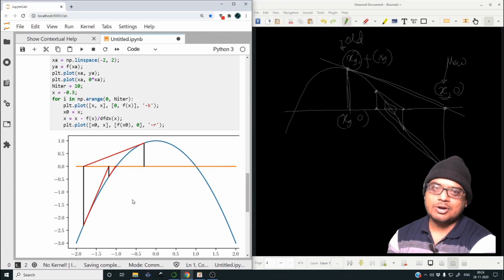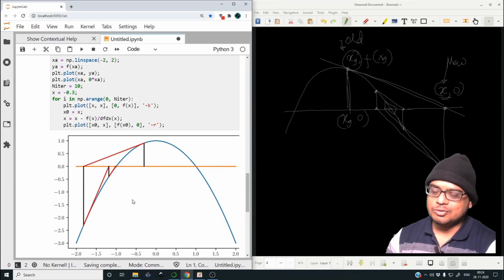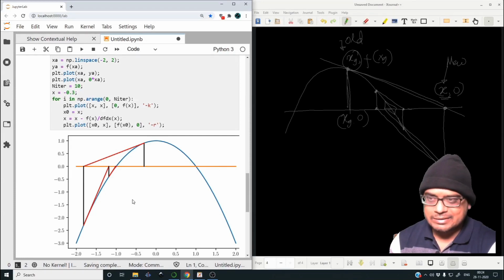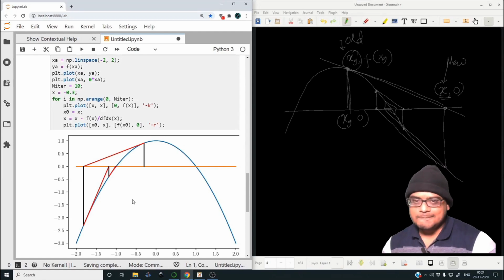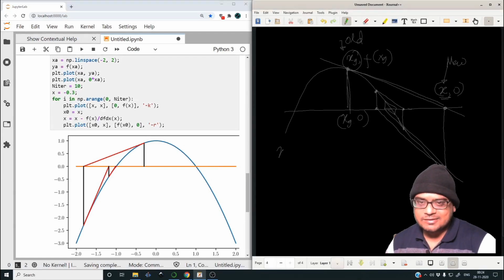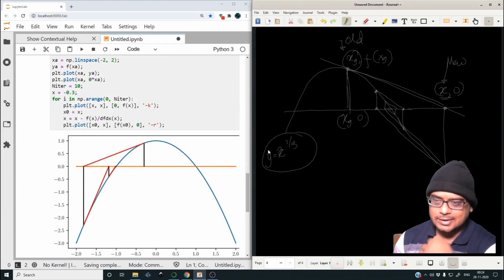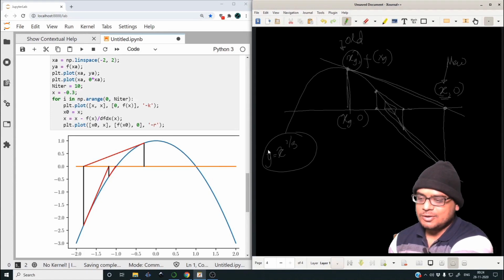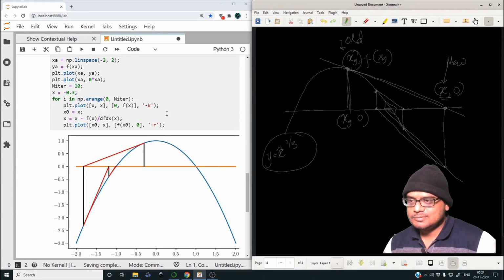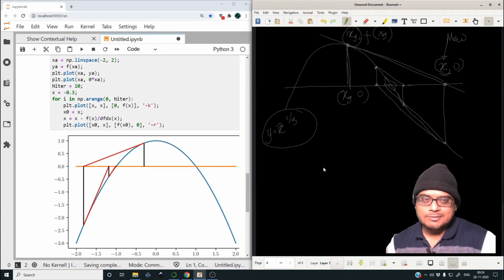You can go ahead and use this function to draw a bunch of complicated curves. In particular, there is a very famous case of y equal to x to the power 1/3. For this particular function, the convergence using Newton iterations is quite difficult. Okay, I ask you to have a go on this sometime later on. So now this is fine, but